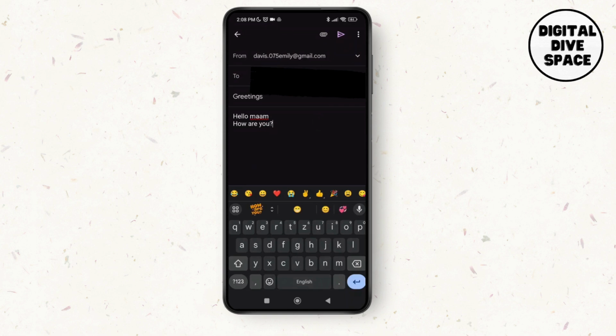And in order to send the email, what you have to do is tap on the arrow button at the top right corner of the screen, which is the send option. So tap on send,